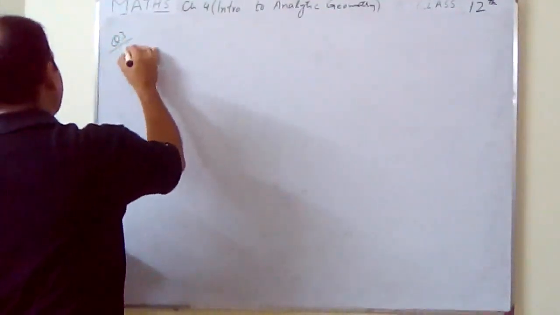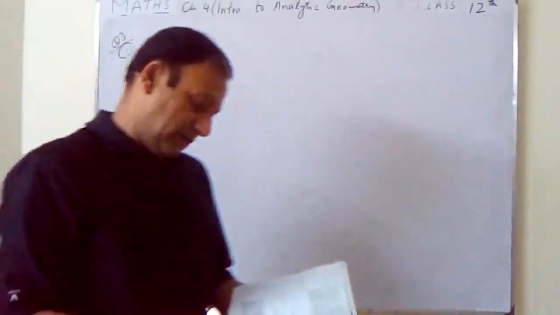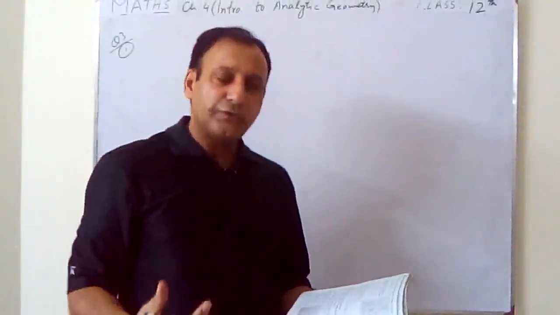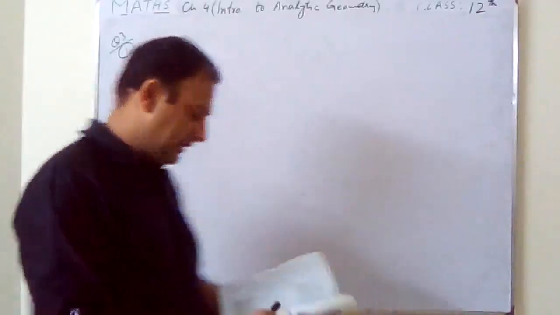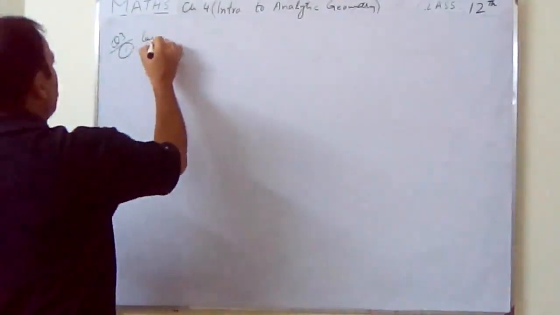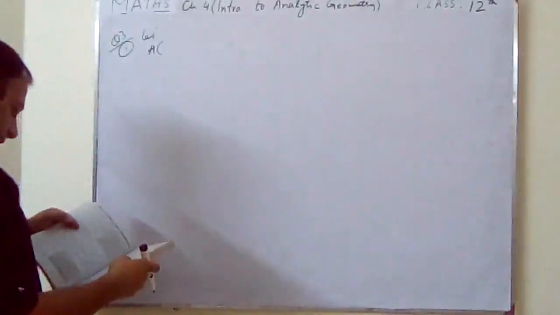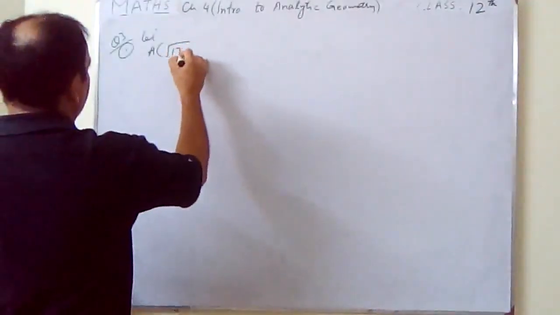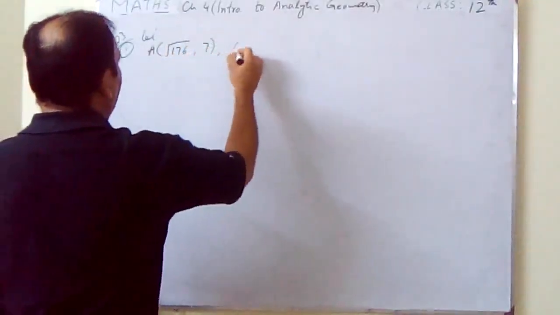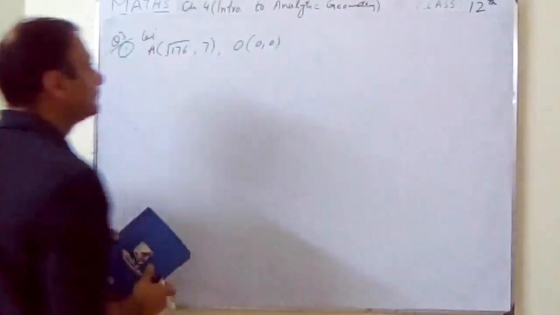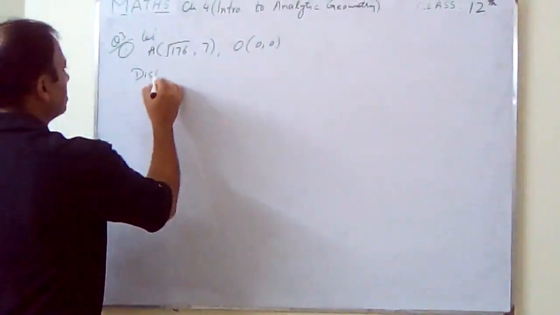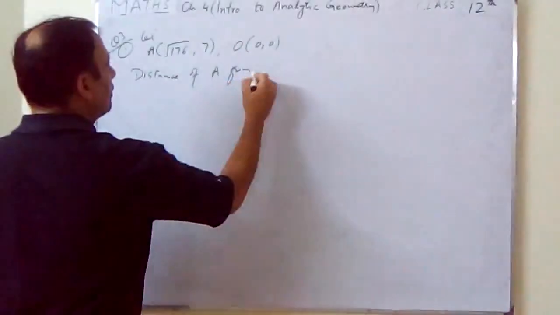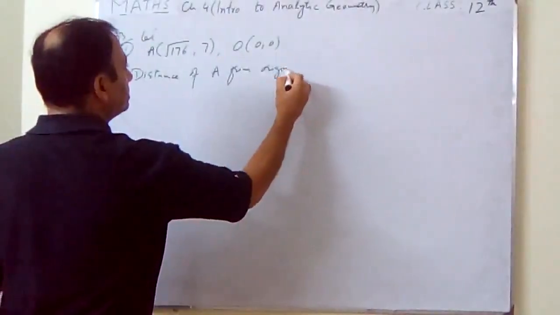Question number 3 asks which of the following points are at a distance of 15 units from the origin. So we have to find the distance from the origin. Let A be (√176, 7) and O be (0, 0). So the distance of A from the origin is